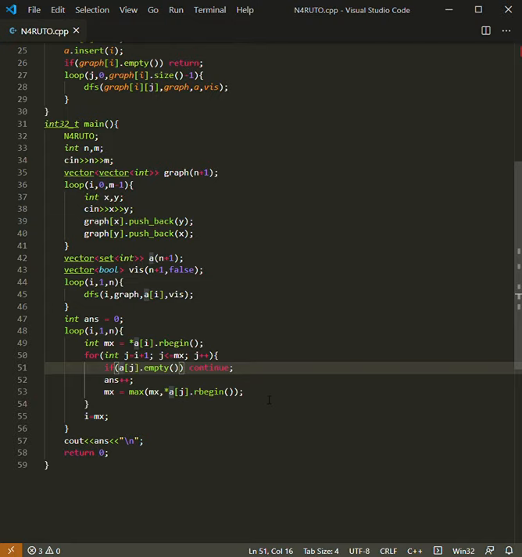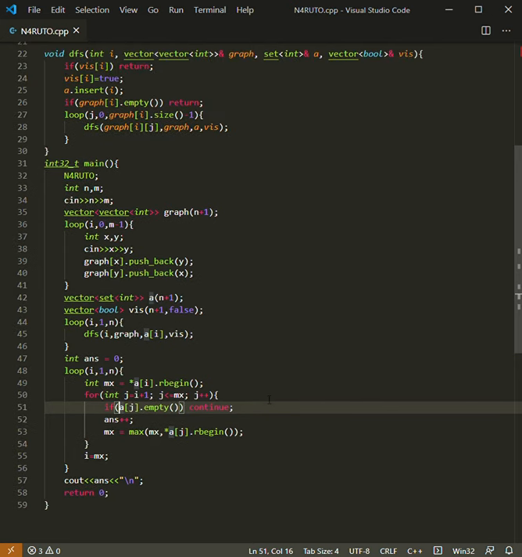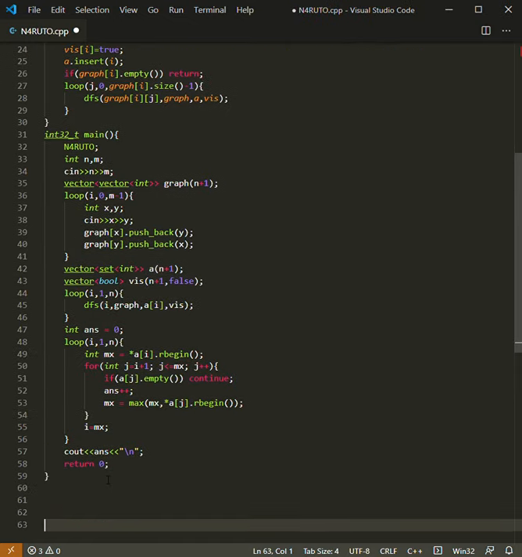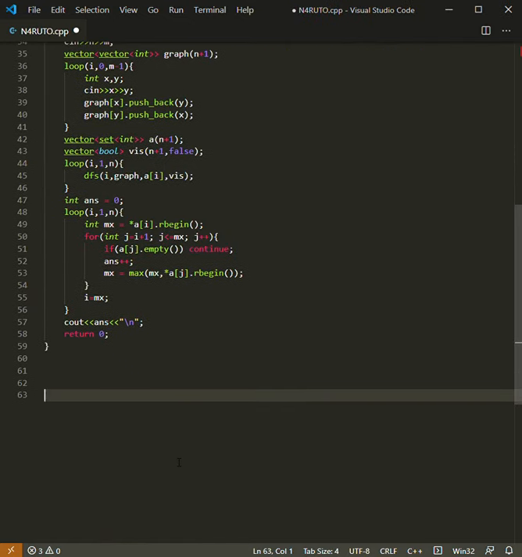No, it's not like we don't have any components, we have already considered it, as we saw in that example: we have 1 connected to 2, 7 and 5.